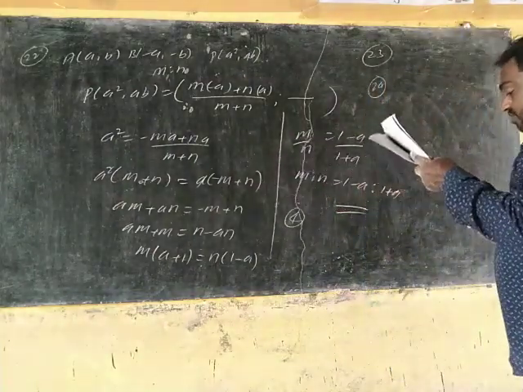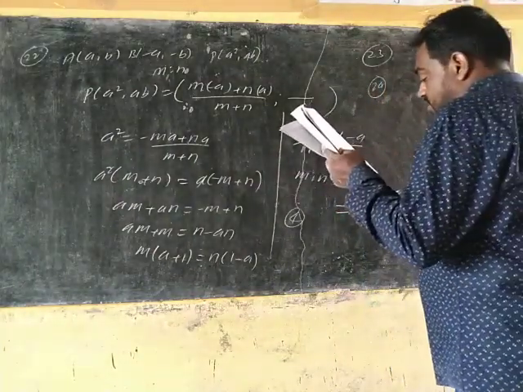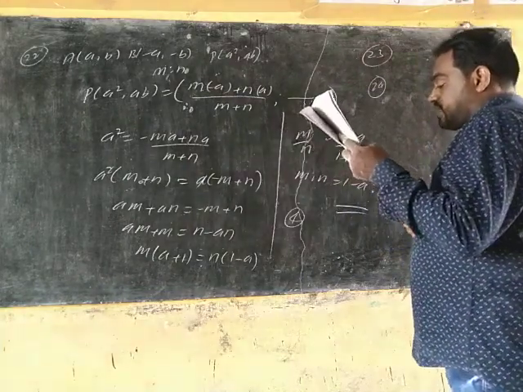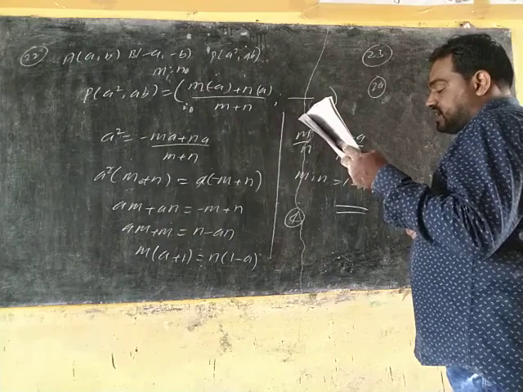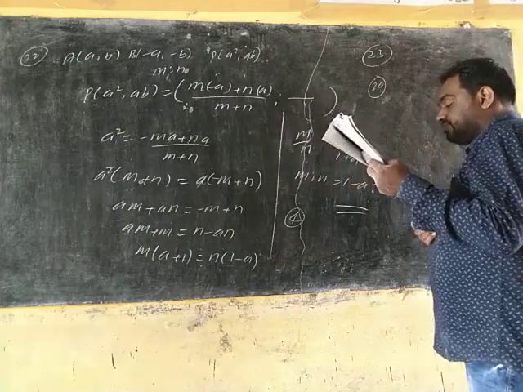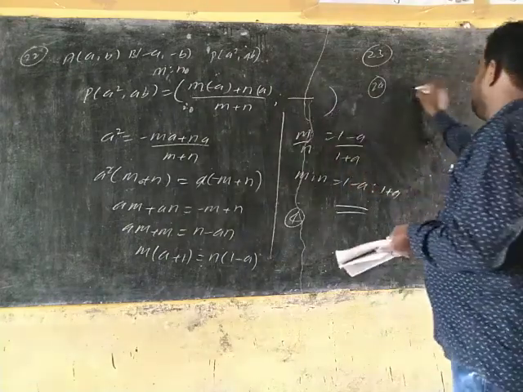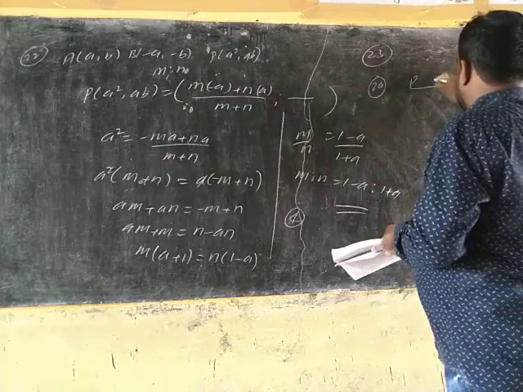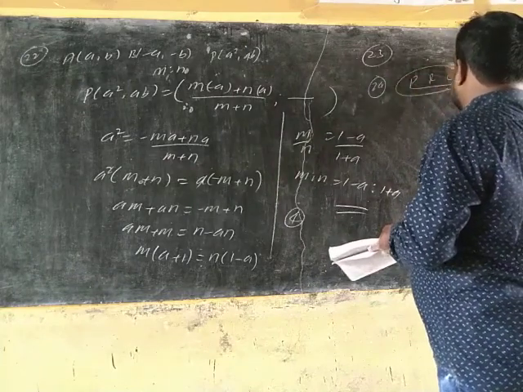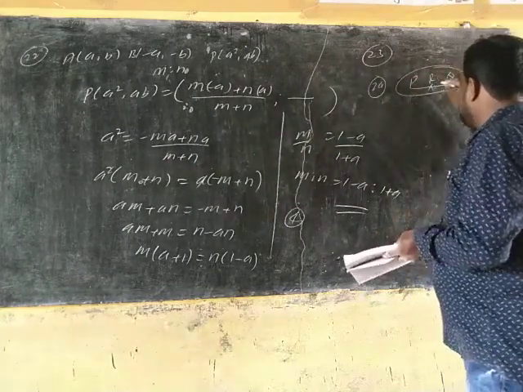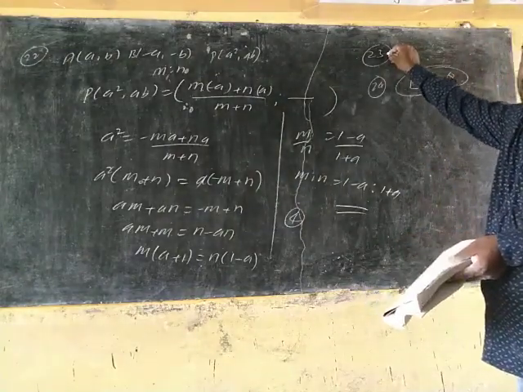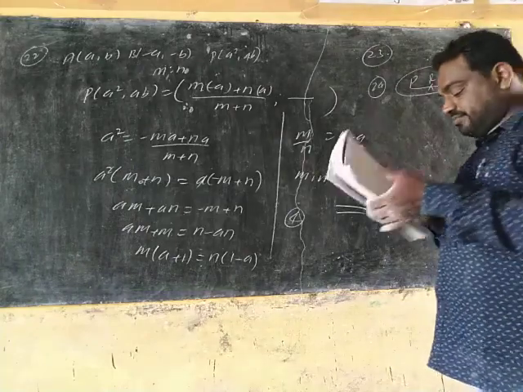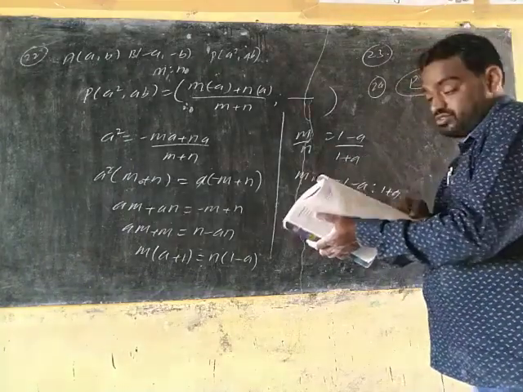Next, 24. P is 0 comma 5, Q is 15 comma minus 4, these are 2 points, and if the point 5 comma a lies on the line PQ, then find the value of a. If a point lies on PQ, it means these 3 points are collinear. Again use the same formula, area of the triangle equating to 0, then you are getting the a value. That is the 24th one.